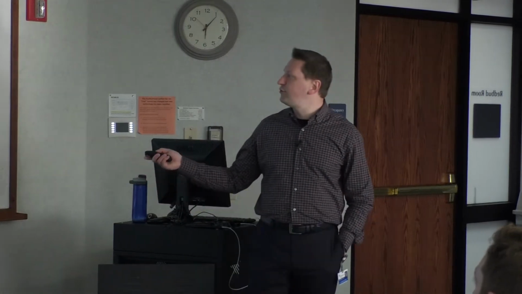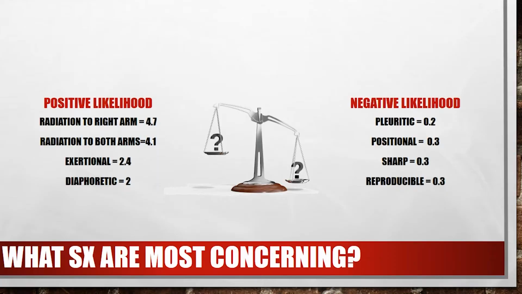However, there are things that can tell you it's probably not, or at least that it is less likely to be, a heart attack. If someone says, oh, I have really bad chest pain and it hurts every time I take a deep breath, that's pericarditis, friend. So unless the pericarditis came from the heart attack, you may be barking up the wrong tree. Positional chest pain, if they say, oh, it's way worse when I lay down and way better when I sit up, again, they're describing pericarditis, okay? It hurts more when you lay down because the heart is rubbing itself when you lay down. When you sit up, the heart's dangling freely, so it doesn't have to rub up and down against that irritated pericardium.